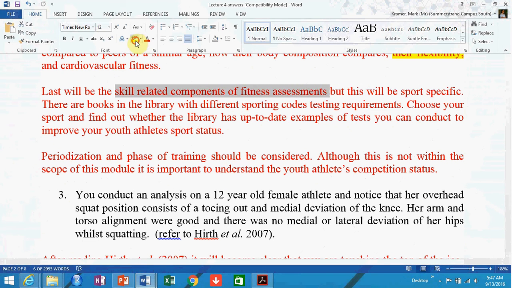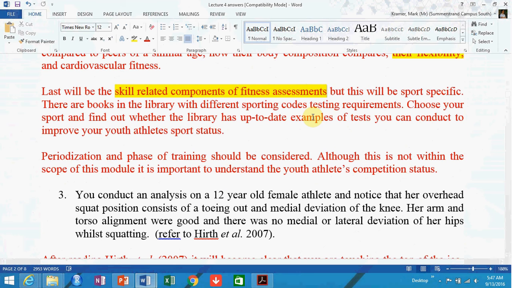then it becomes more sport specific. So now you're going to identify whether you're going to assess vertical jump mechanics, whether you're going to do a Bosco jump assessment, whether you're going to do a pool based assessment, whether you're going to do a sprint based assessment, whether you're going to do a multi-directional change based assessment. There are many types of skill based assessment based on the sports that you would do to analyze your youth